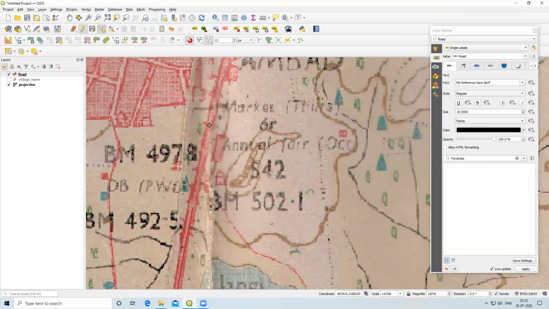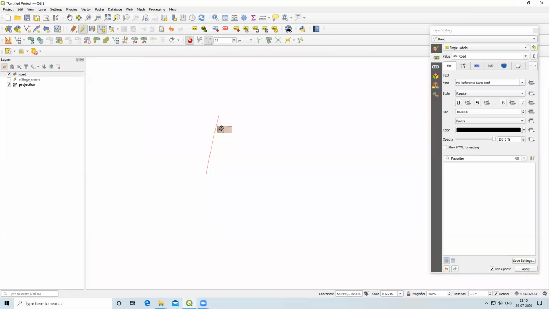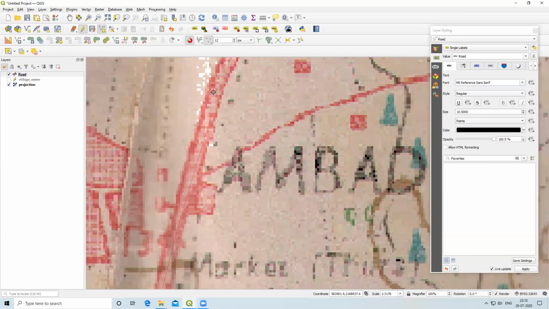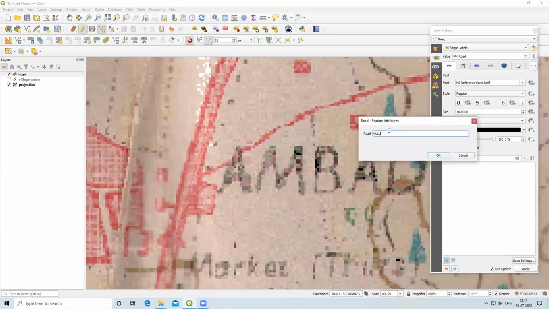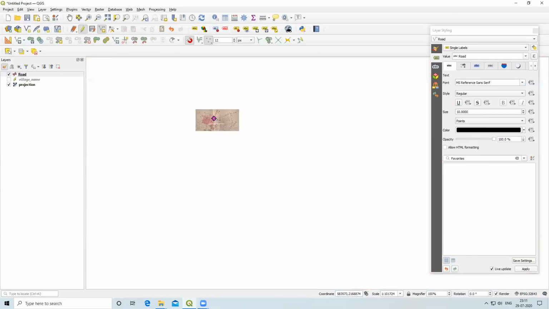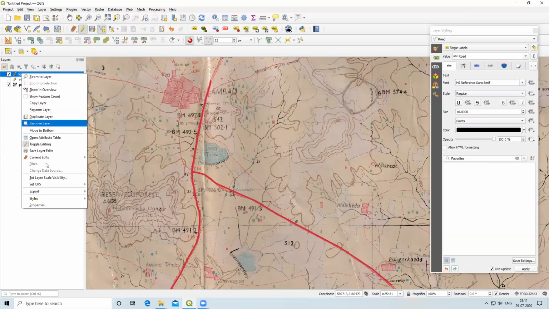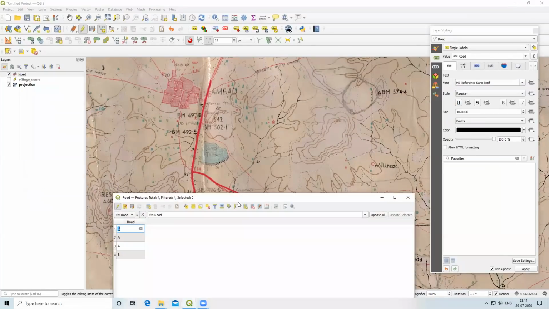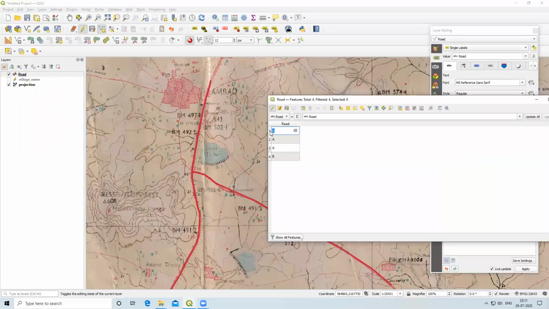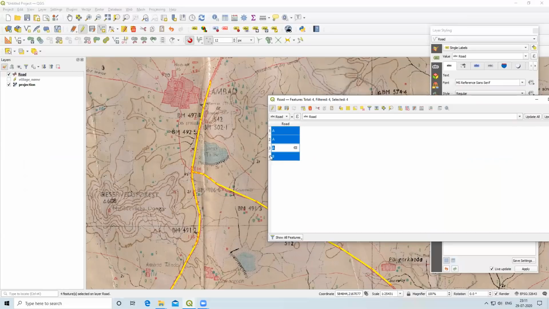Now if I digitize this and I will give it as A, so now you can see, if I open the attribute table, this A, this is A, and this is the same road.